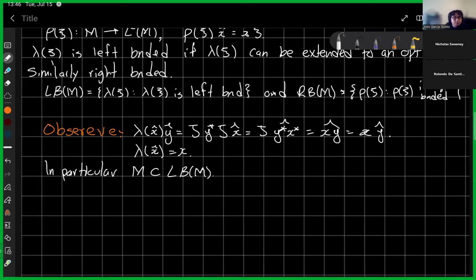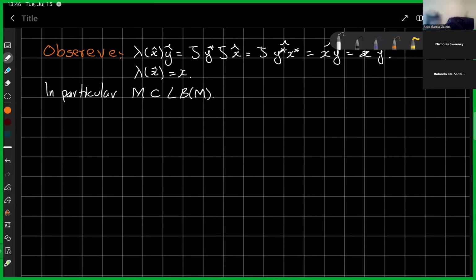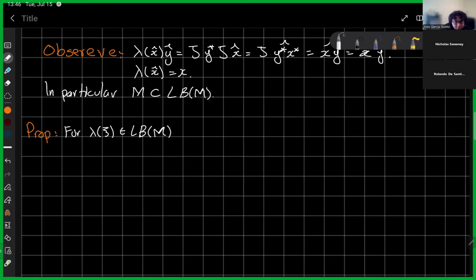Okay, so we have a proposition. Here we're just going to mention how the adjoint looks and things like that. So given this